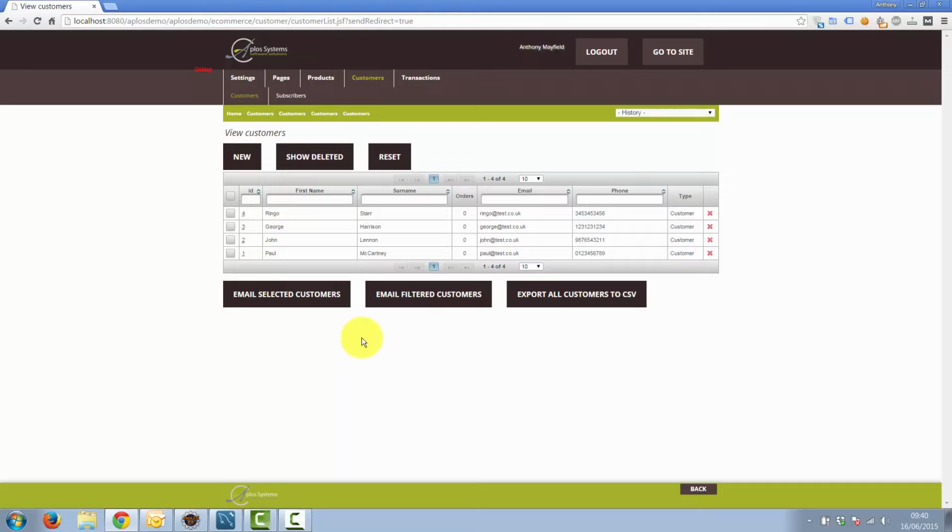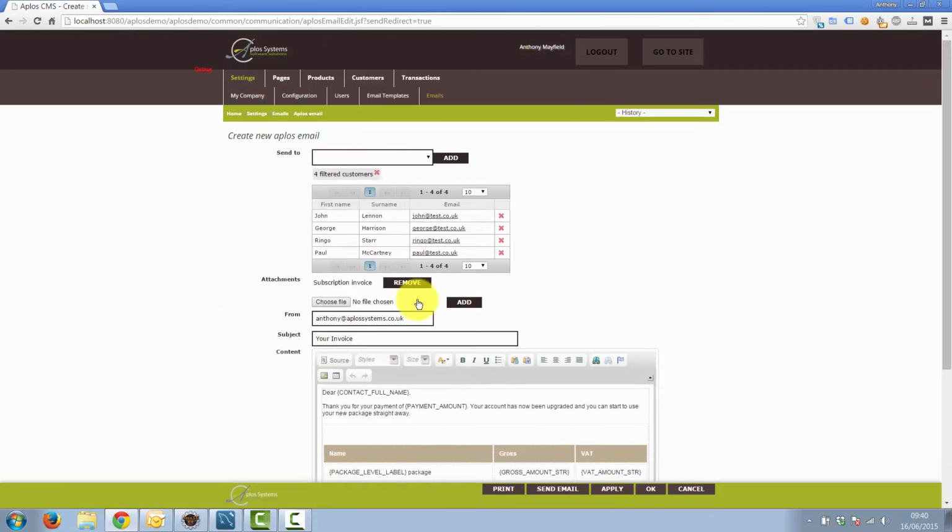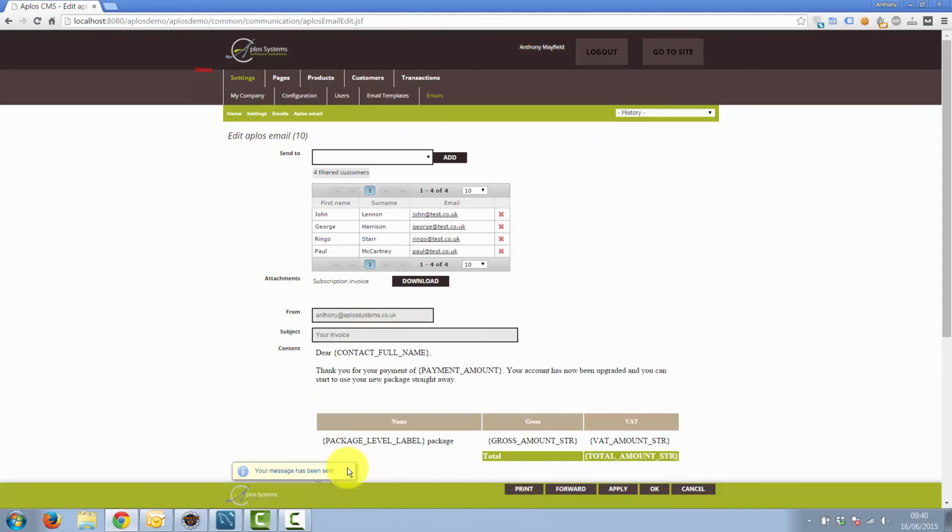So first, I just want to show you how easy it can be to send your personalized emails using a bespoke system. This example is for an email mail merge, although obviously the system can cater for all different types of mail merge. You can see here that we have a data list of the Beatles. All I need to do is click the Email Filtered Customers button. I can then quickly check that the details are correct, the recipient's subject and content, and then click Send Email. And there you go, all the emails have been sent.